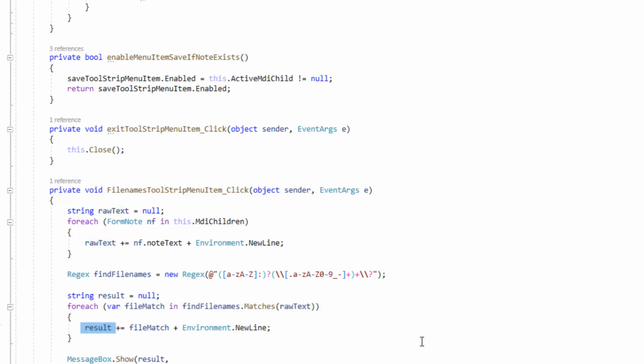Now, by the way, if we had talked about string builder in the lesson, I probably would have used string builder here as it would have been more efficient, but we didn't talk about string builder, so I just used a regular string. Once you've got that result, then you use messagebox.show to display the results of applying that regular